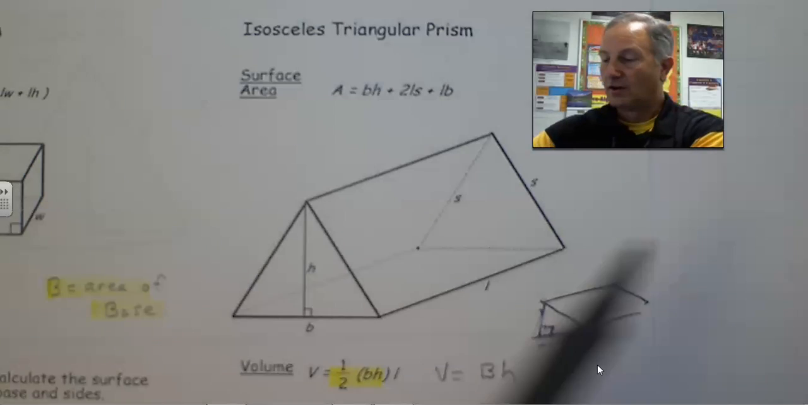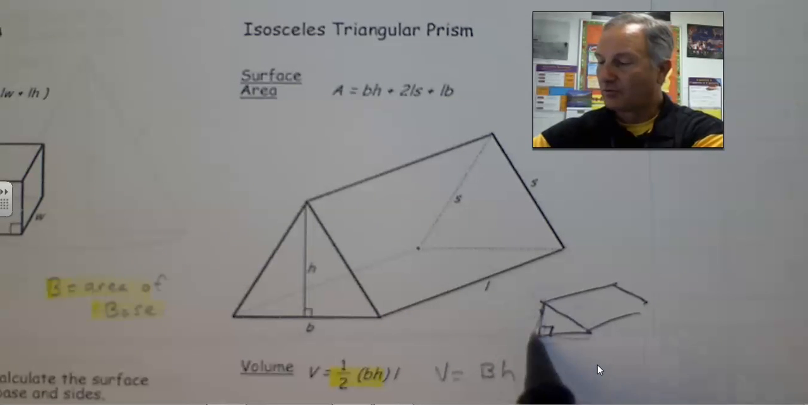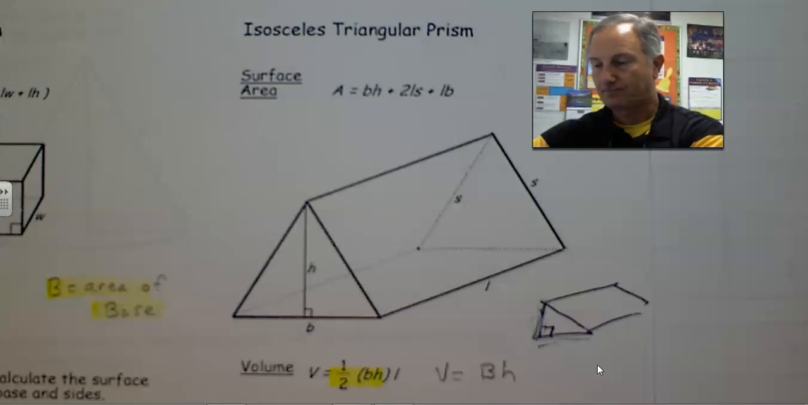Okay, so either it's going to look something like this, where they give you base and height this way, or it's a right triangle and base and height are the two sides that make up the right angle. Okay,